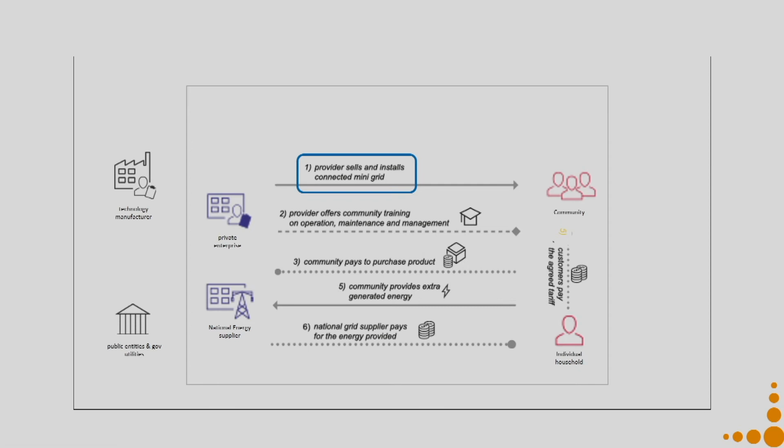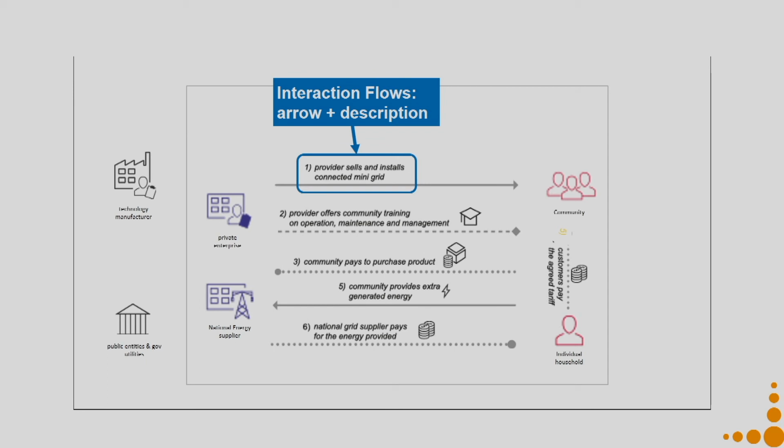So, once I have identified all my actors, what is my next step? The interaction flows. How do I show the flows? I have an arrow and a description. The arrow is in the direction in which it is going. So, for example, Fresh gives materials to the customers, which means it gives the product. So, it is the material flow. My direction of flow is from Fresh to my customer, so the arrow will be directed towards my customer.